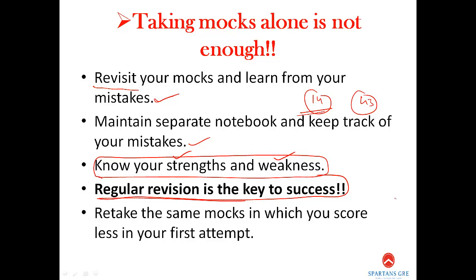Similarly, you take any standard book for your GRE preparation, do the same book one or more than one time. At least do that same book 2 times. That will give you perfection. So instead of going on to multiple books in a fixed time frame, you revisit the same book one more time. That way you will become perfect in your concepts as well.